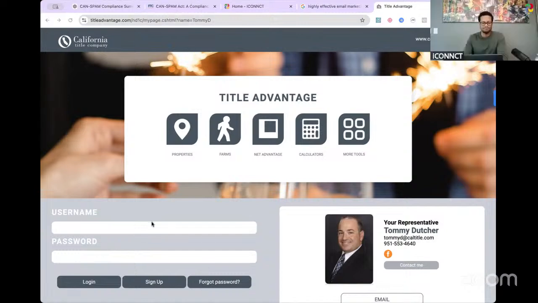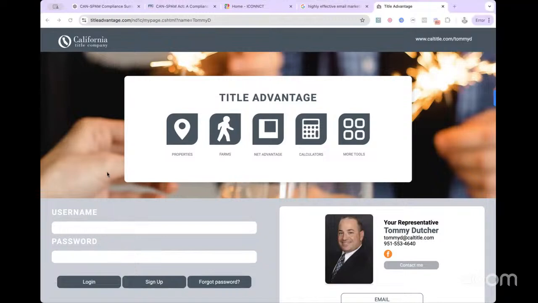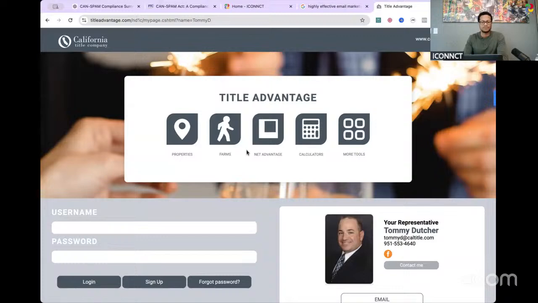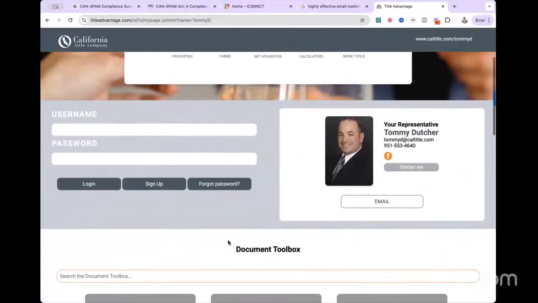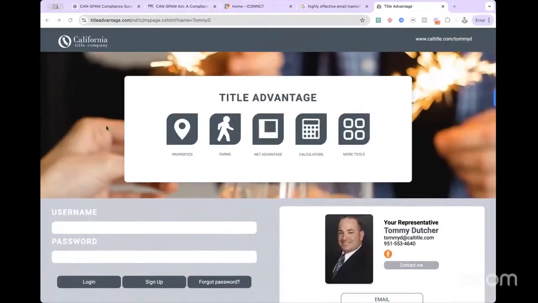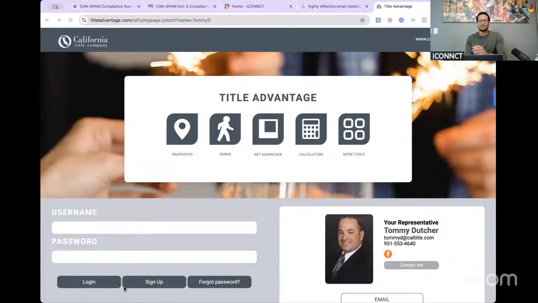If you're doing a farm and it encompasses a new home build, then you could see north of double digits of turn ratio in the last 12 months. But if there are no new homes within that farm, I'd like to see at least three. And so when you get in contact with an individual like Tommy and you ask for that,